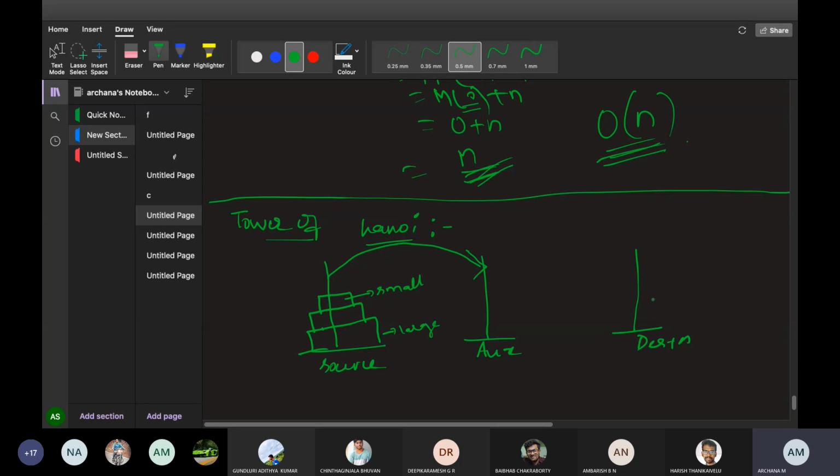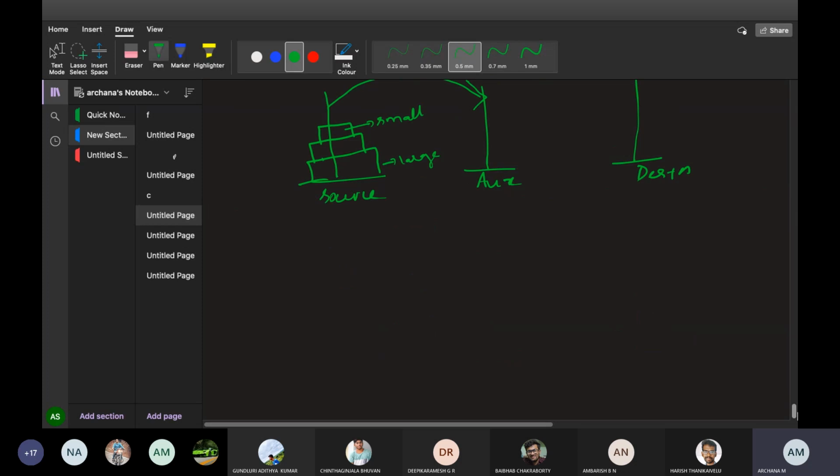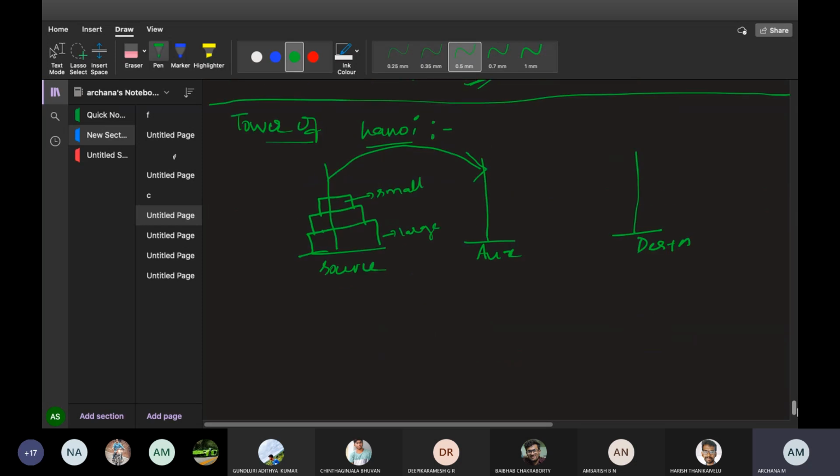And this is very, very important. How many moves you will take, how many discs will be moved, will be based on a formula here. Look here, there are n number of plates over here. Till I get the large plate, I'll keep on moving, right? I'll move n minus 1 plates first, either to auxiliary or to the destination, because I should get the larger one, and the large one should be placed at the bottom here.